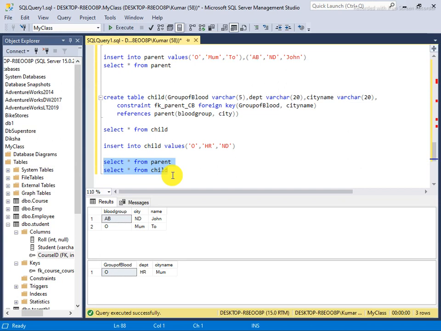You are asking whether a foreign key means that this blood group is coming from a different table, and this city name is coming from a different table. Okay, if I'm not wrong. Yeah, you can.